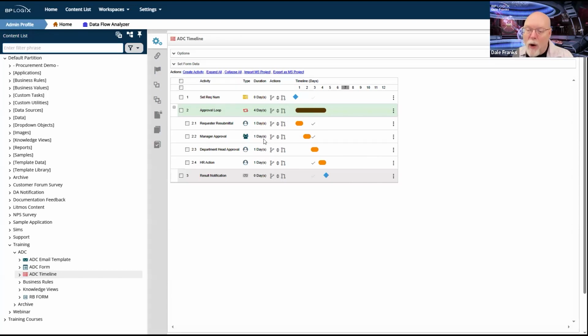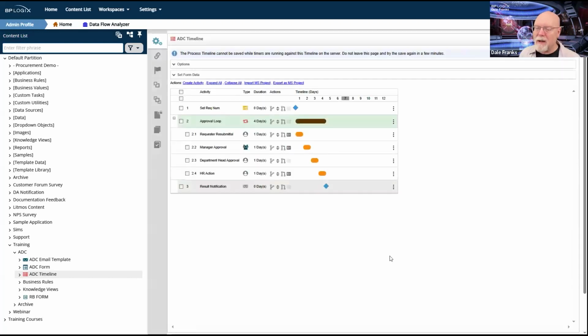And no matter what I do, it doesn't matter because my result notification is always dependent on the parent. My result notification looks pretty good, by the way. So I'm super happy with that. We're just going to hit OK.